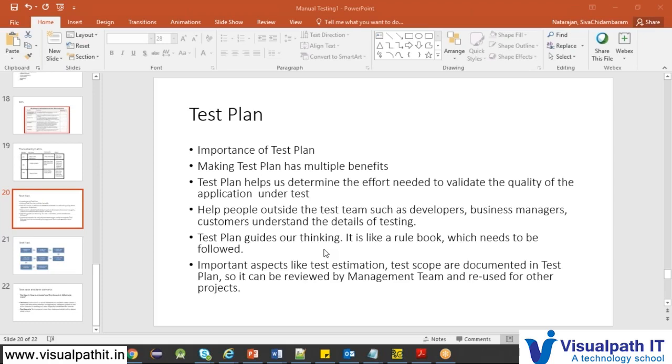These are all documented in the test plan so that the management team can understand what kind of testing is going to be carried out, and they can review their estimation, their cost, their profit, etc. Once a very good template of a test plan is prepared, it can be used for all the other projects.